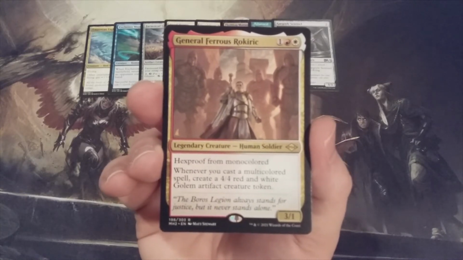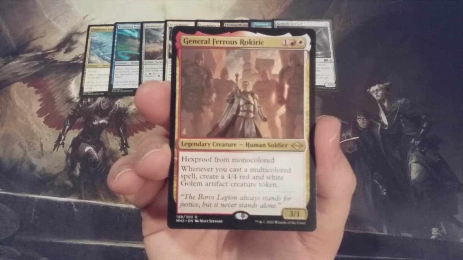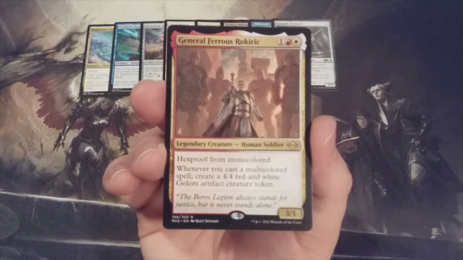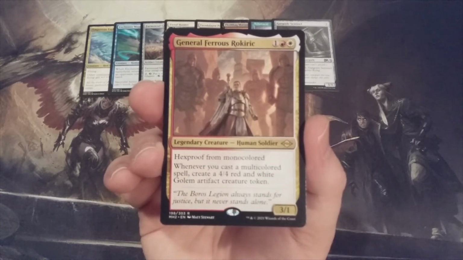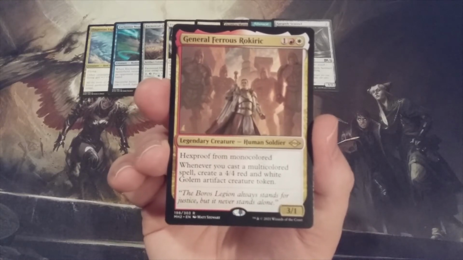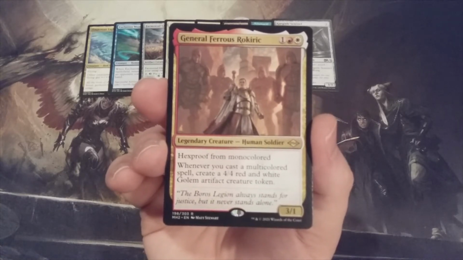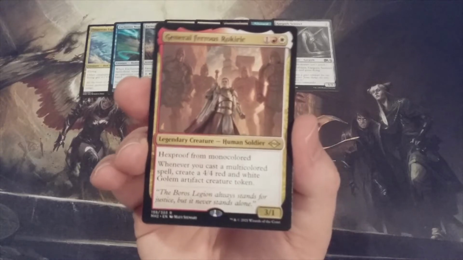ability. More importantly, however, whenever we cast a multicolored spell, we create a 4/4 red and white golem artifact creature token. As you have seen throughout this video series thus far, there are numerous multicolored spells all over the cube, so being able to trigger General Ferris Rokuric should not be entirely difficult. Everything is randomized, so it's not a guarantee. However, for any creature that can create other creatures, particularly 4/4 beefy creatures, just from summoning a creature from the Momir Vig Cube, General Ferris Rokuric may be one of the most valuable 3-drops we're going to put into this